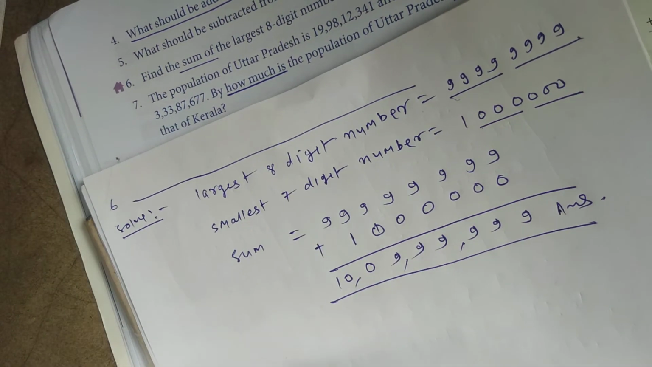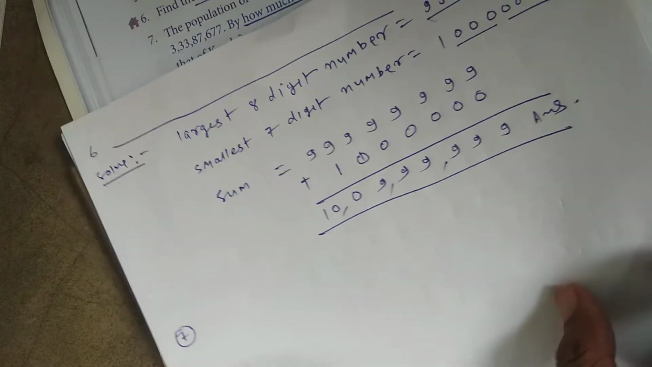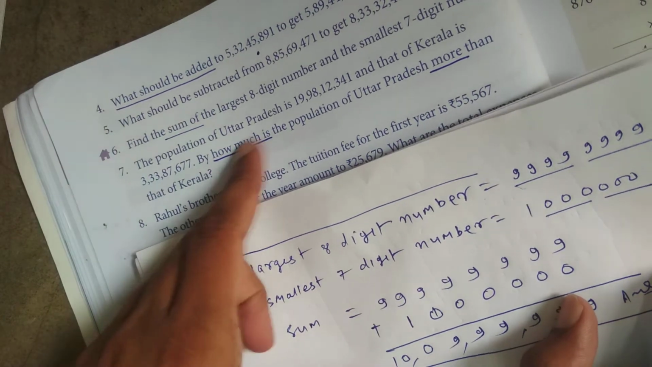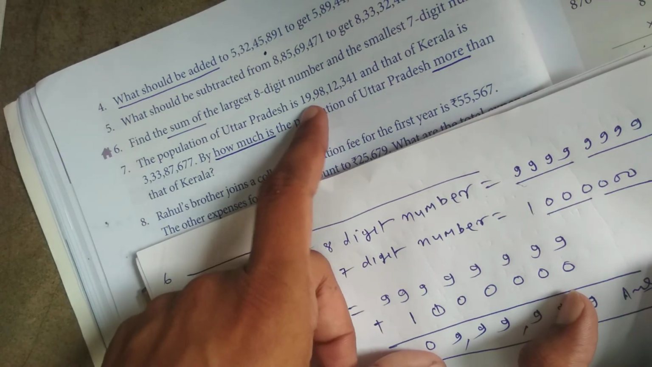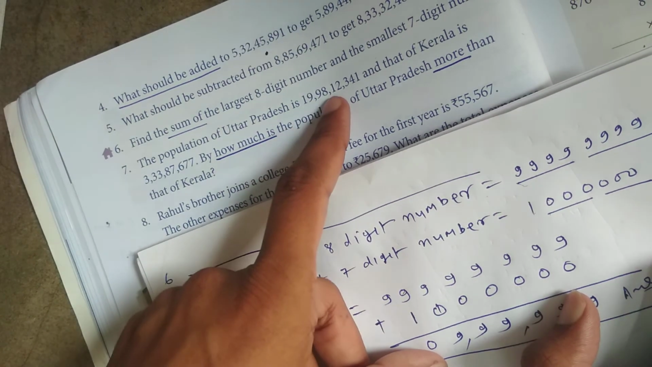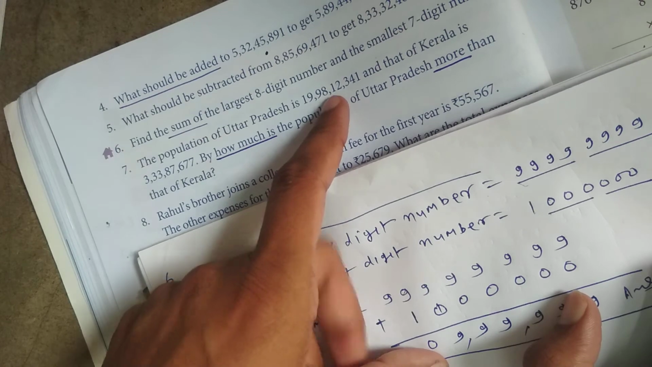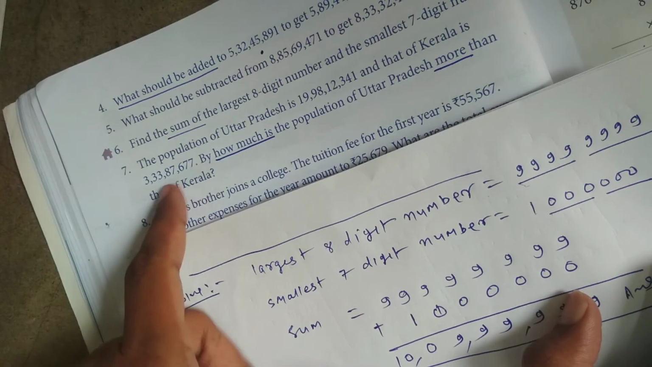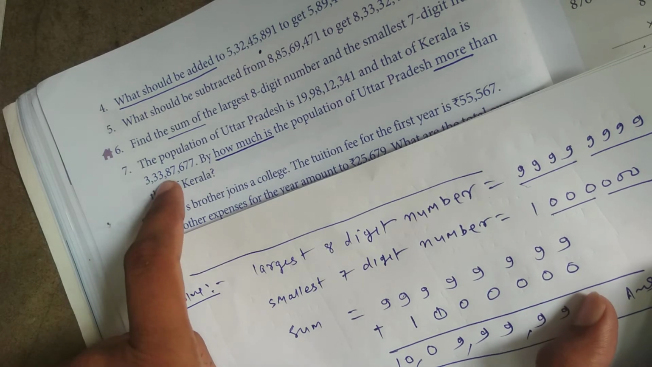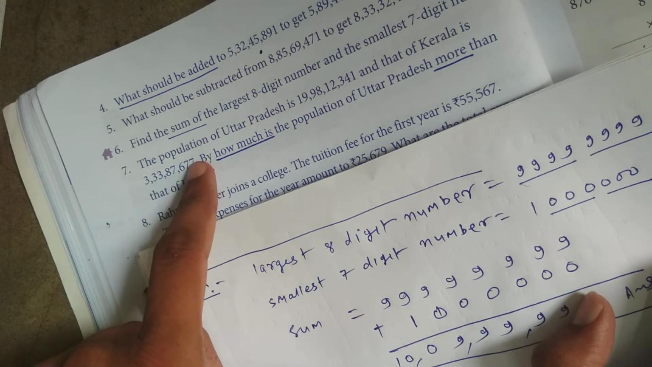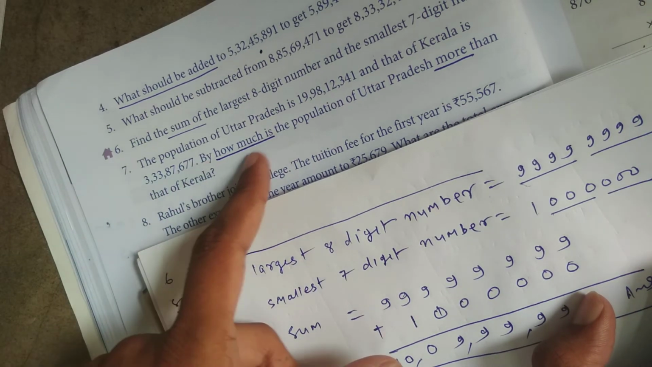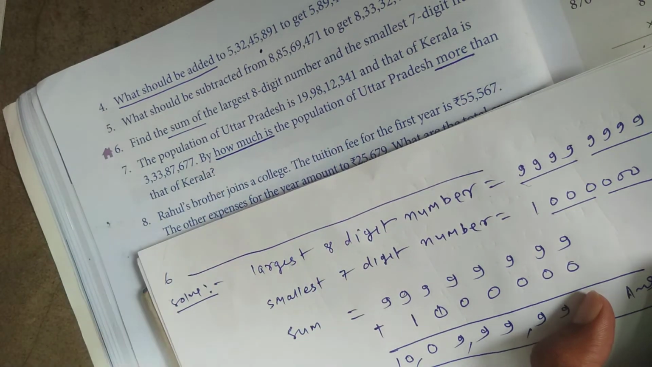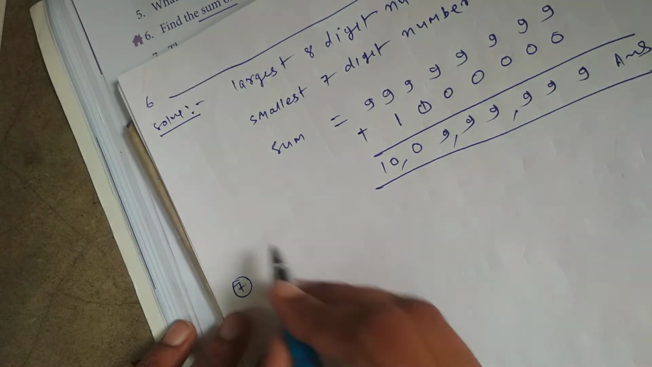Then the question says, seventh question. Seventh question says the population of Uttar Pradesh is 19 crore 98 lakh 12,341, and that of Kerala is 3 crore 33 lakh 87,677. By how much is the population of Uttar Pradesh more than that of Kerala? Okay, so